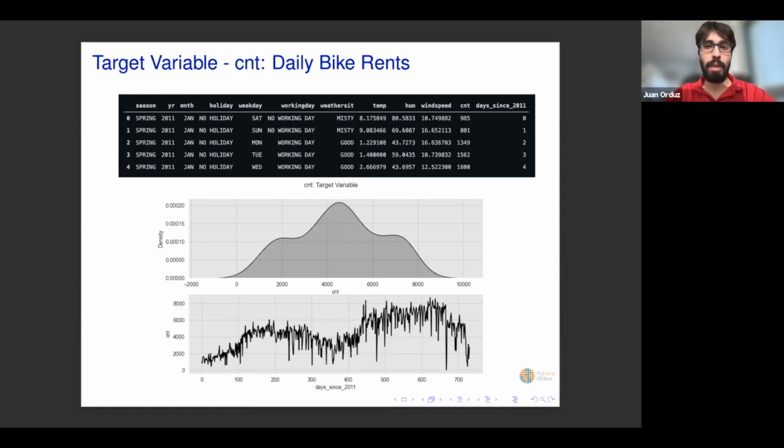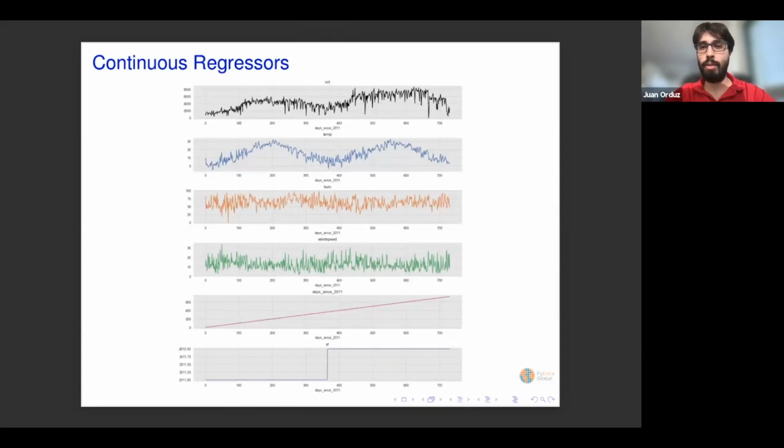So, the objective is to generate predictions for this time series. Let us take a glimpse into how these regressors look. Again, it's important to do at least a small EDA before going into the model fit. The black line denotes the target variable. What we can see is that there's a seasonality pattern that repeats roughly every year, and there's a slight trend component. The first blue curve denotes the temperature. It seems that temperature could be a very good regressor for explaining the seasonality, although they don't match completely because around day 200, so to say, the target variable is a little bit flat while the temperature peaks a little bit.